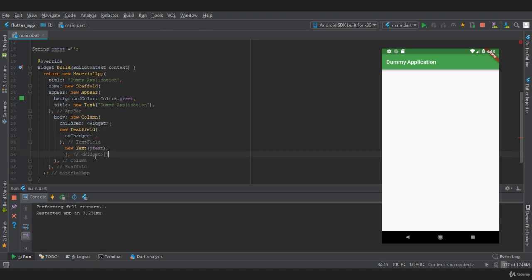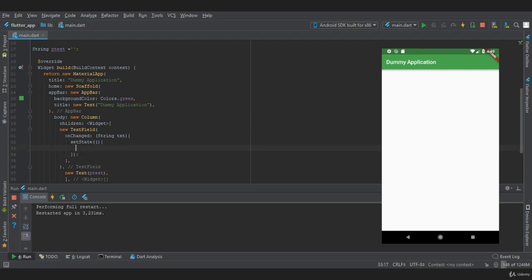So in onChange, let's create a function. Now this function takes a string, so let's provide a string txt, and in this let's create a setState. Now in this setState, what we want is we want to set the value of txt into ptext.